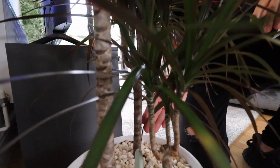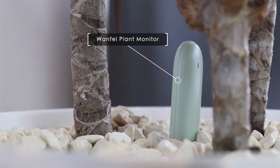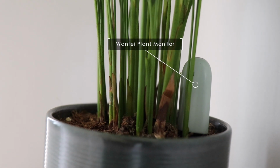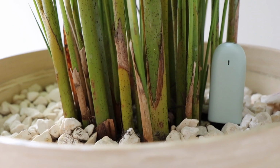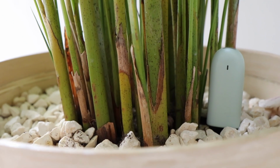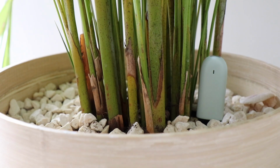It's actually, if we look down here, a Wi-Fi plant sensor that looks like Diglett from Pokemon. These monitor temperature, soil moisture levels, fertilization levels, and light levels, so you can always keep your plants happy. And these sensors were about £24 each, so you may think, oh, is it even worth it? But plants cost a lot as well, so for me it was definitely worth it to keep them in top